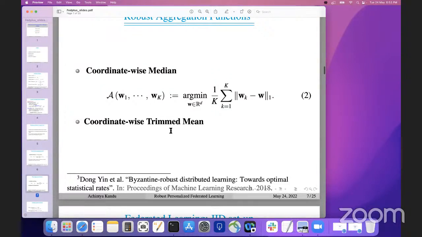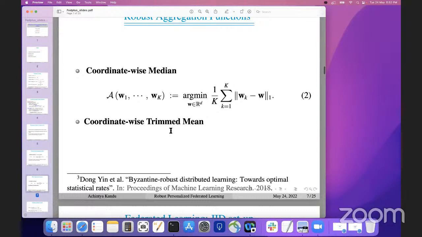So here our focus is not on what should be the method of aggregation, but given a method of aggregation, how do we ensure that the federated learning algorithm will converge? You may be aware that there are many ways of estimating the mean from a robust point of view. This is maybe one such, which is easy to deal with when you are trying to prove convergence. So that's what I can comment.